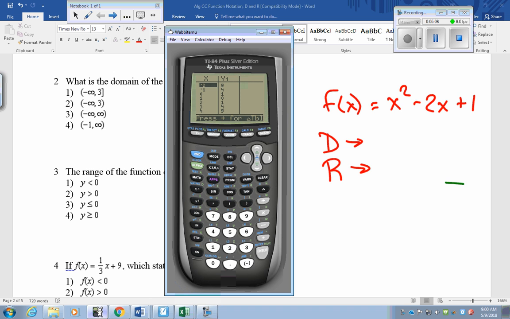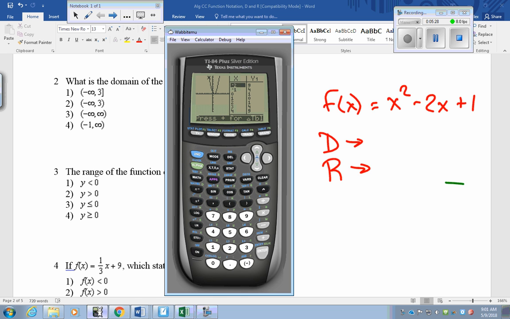So I'm going to first take a look at, and I'll change this so I can see a graph and a table. That's the first thing you really want to do on these questions, so you have a picture and a table to go together. So there's my graph right now. Now, the first thing I'm trying to figure out